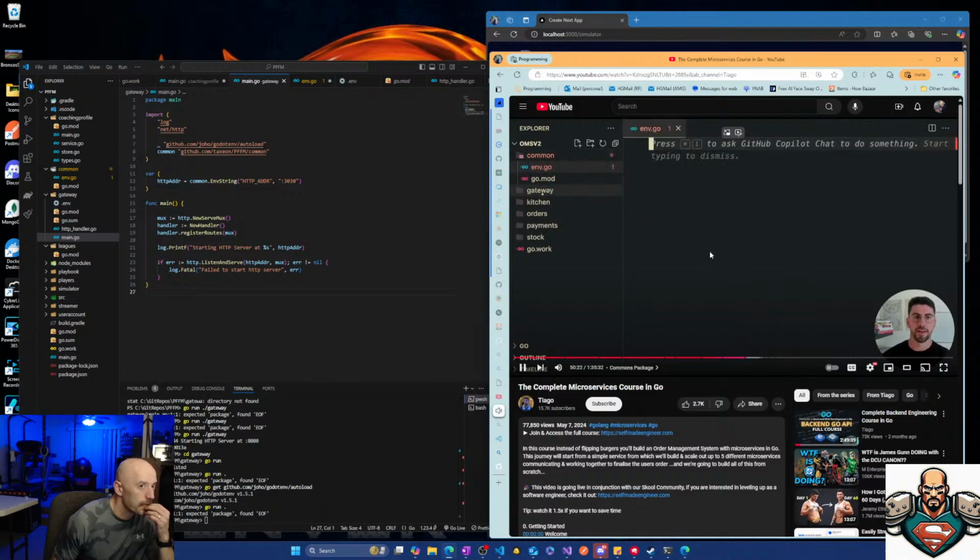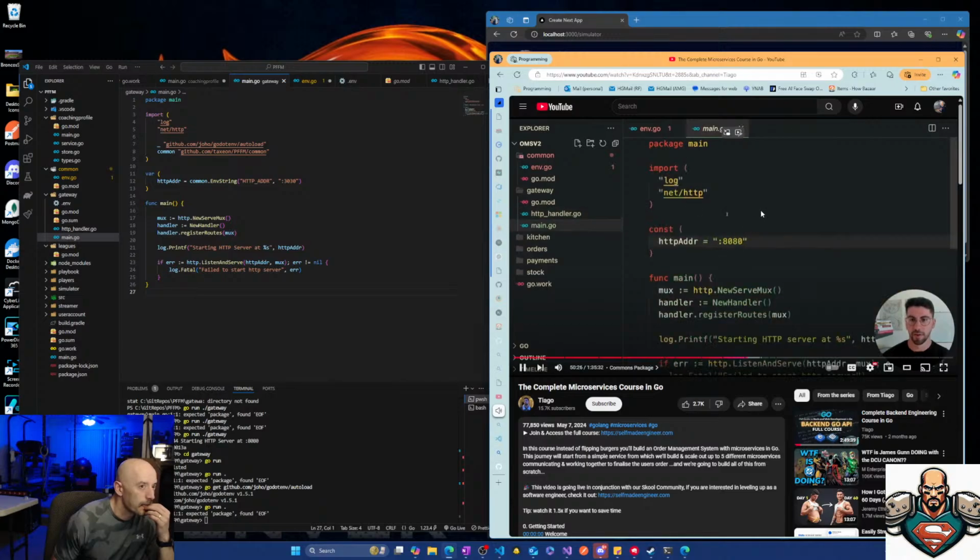env.go, because we should have a way to get environment variables from our services, as we saw here. It would be nice to have a function that would get this environment variable, and if it didn't exist, it